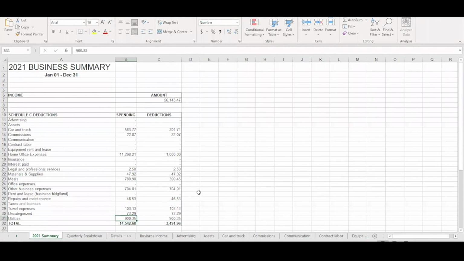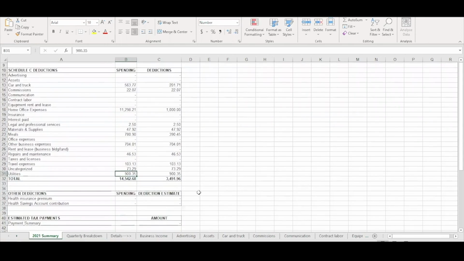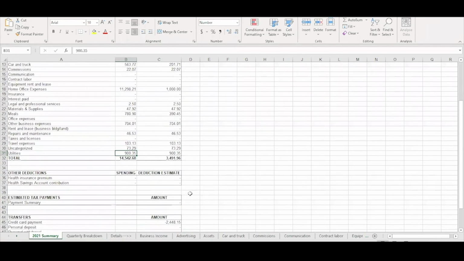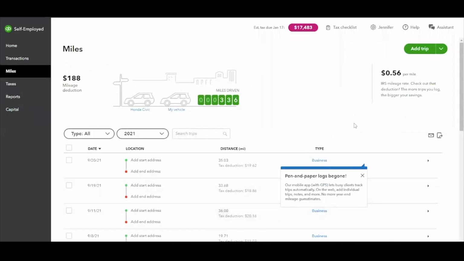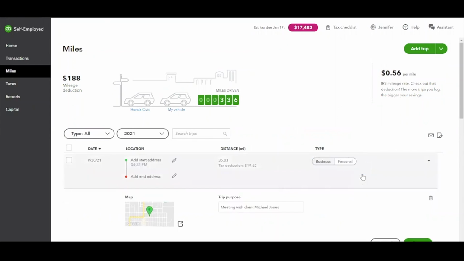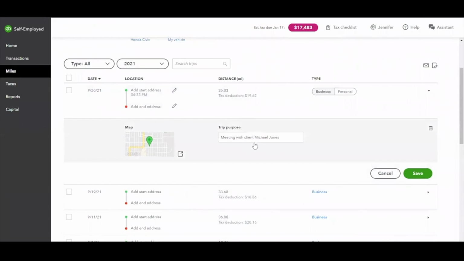I did get a question on my channel, and so I just wanted to quickly address that. When it comes to your mileage, I know that some people are using this tab called miles. I don't have any personal experience with this, but what it looks like is these are coming through on the app, and you can add in a trip purpose. And so after